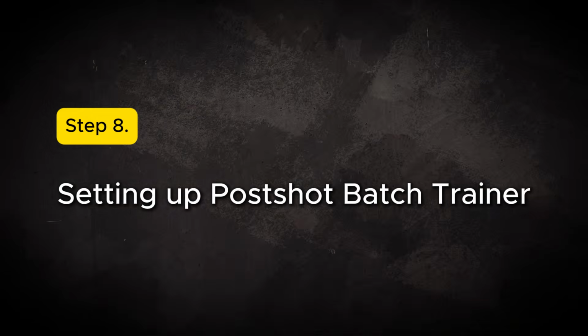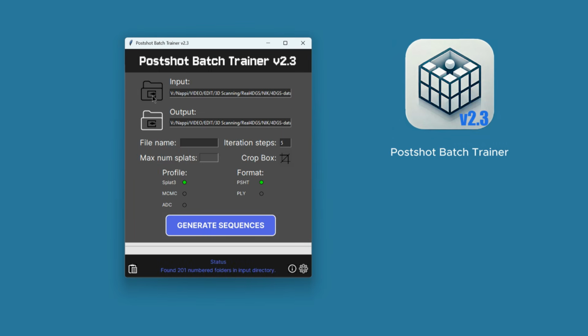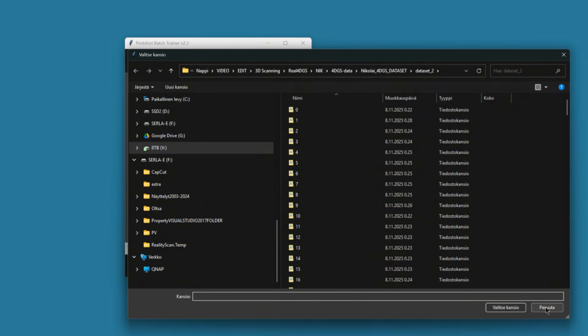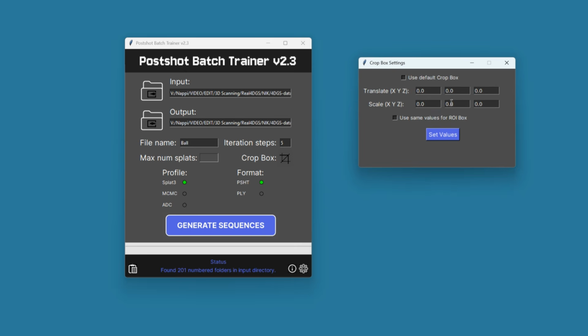Next we are left with adjusting the Postshot Batch Trainer. I have updated this program a bit, and once we have set the input and output directories, we can bring up this crop box feature from here. In this pop-up window we can now enter the same values that we collected from Postshot when we were working